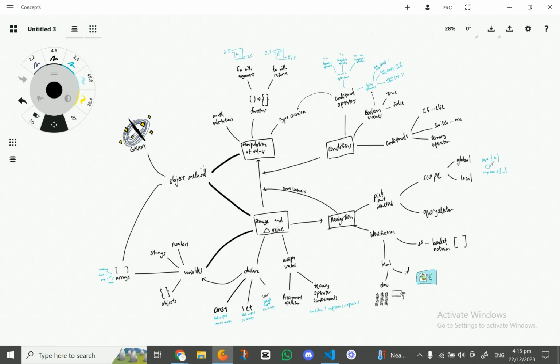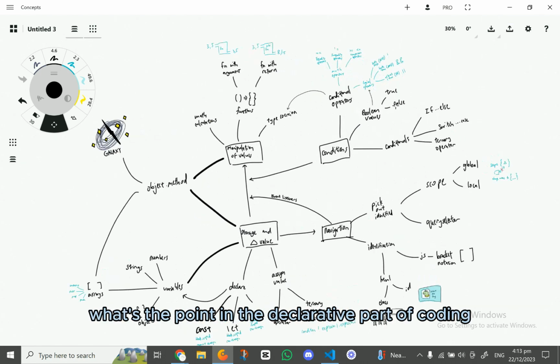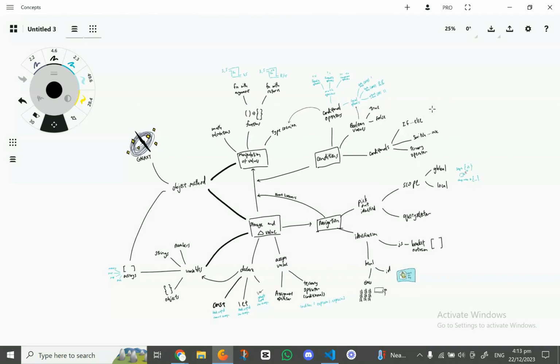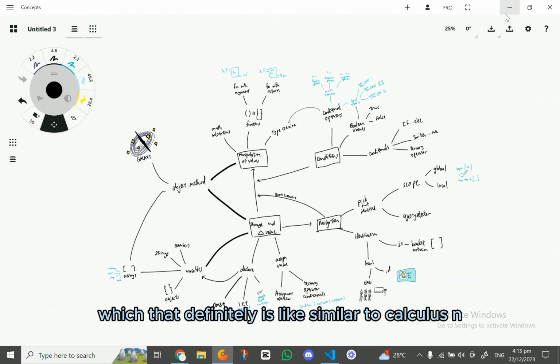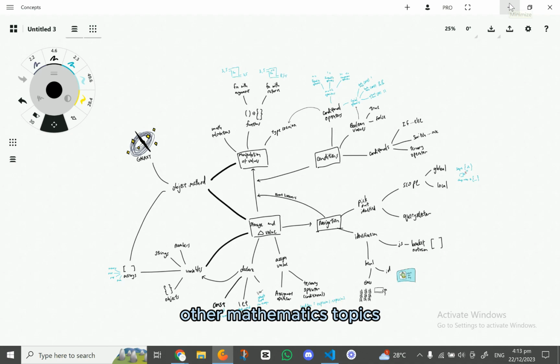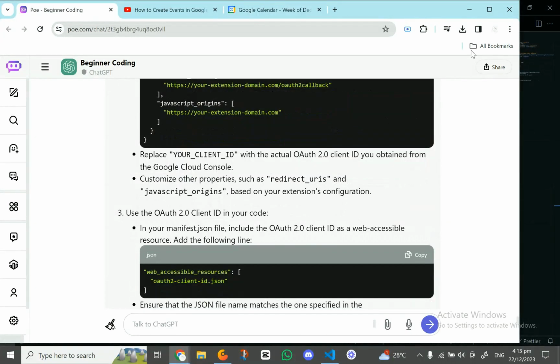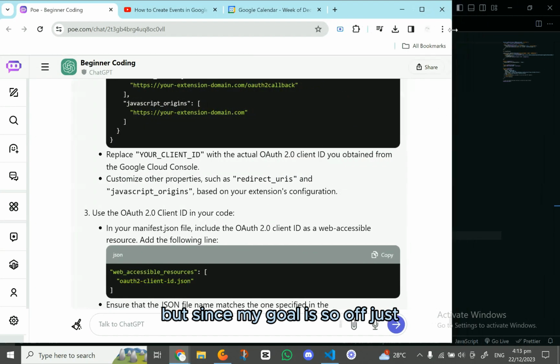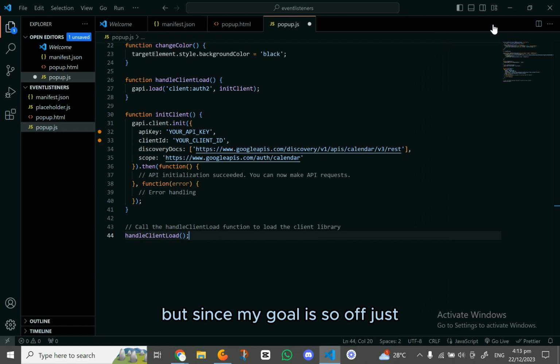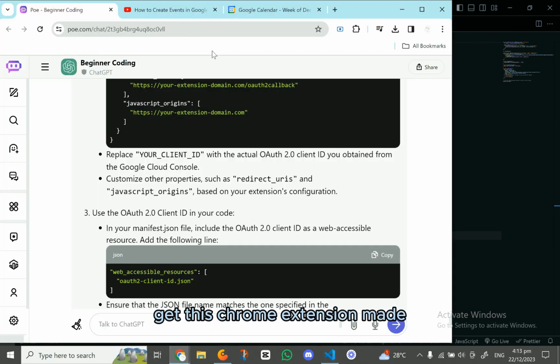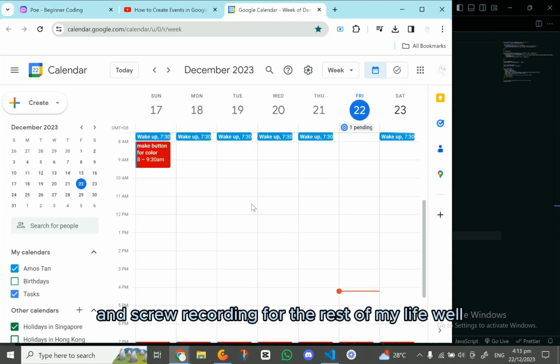So it begs the question, what's the point in the declarative part of coding? Which definitely is similar to calculus and other mathematics topics. But since my goal is sort of just to get this Chrome extension made and screw coding for the rest of my life,